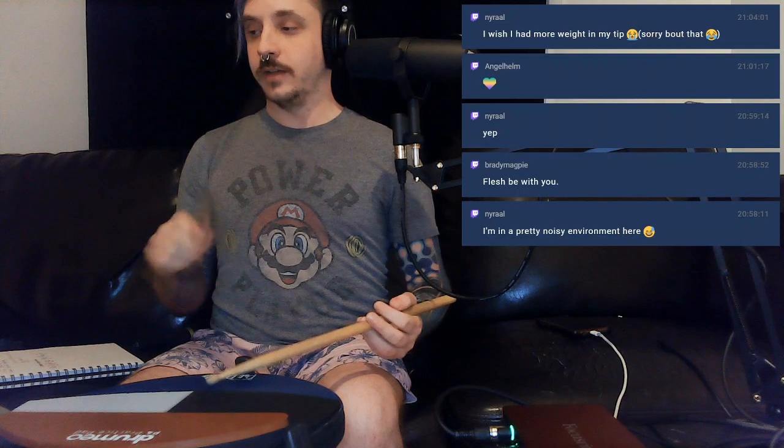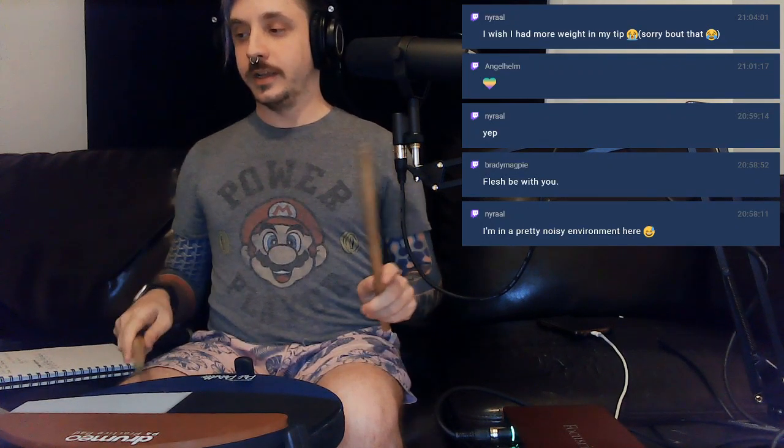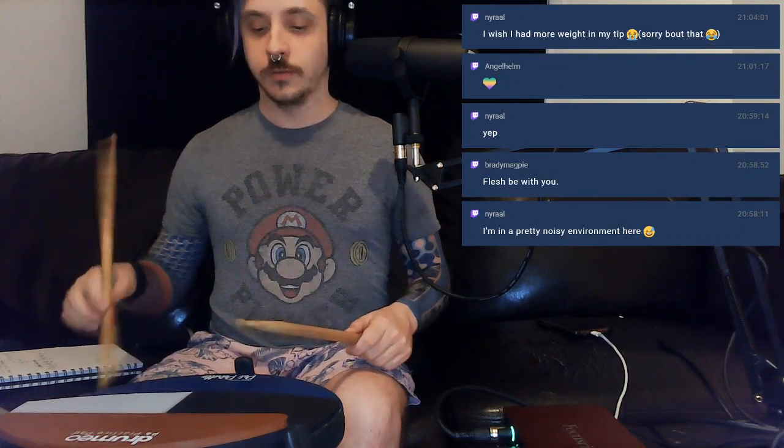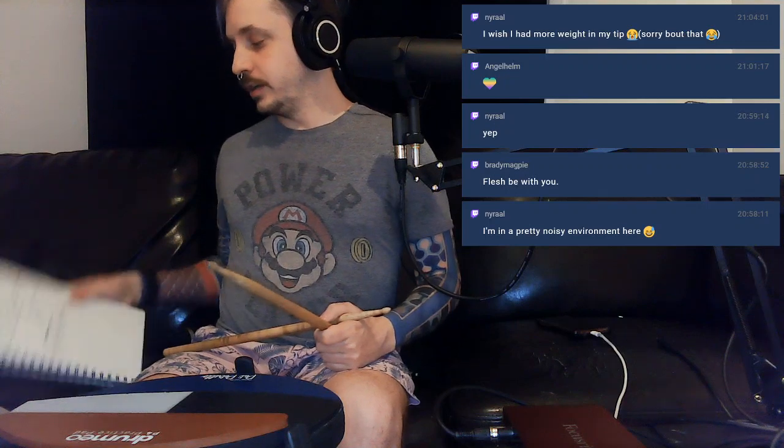That's a good one. Now, just pay no attention to this. I do not do traditional grip, obviously, and this is the bad hand to do it in, because normally people are playing hand over, like this, right? You'll have your hi-hat and you do this. I play my drums open with my left hand here, with my right hand on the snare, then I switch and do that on the ride. If I flip it around, that's not good traditional grip. Do not try to learn how I do traditional grip, because I do not know how to do that.